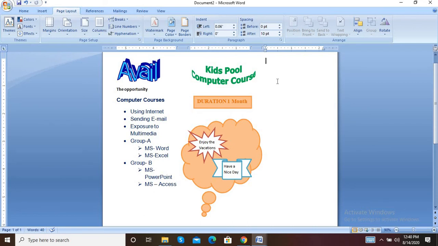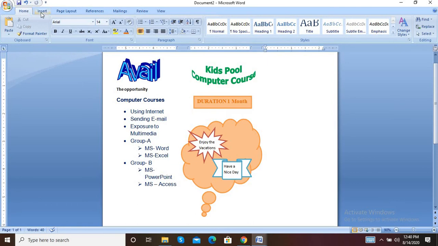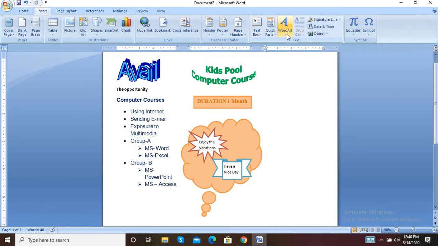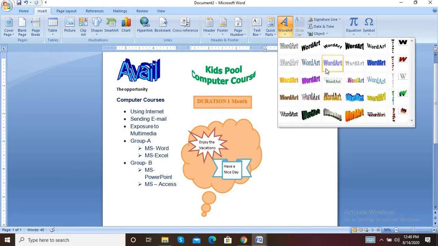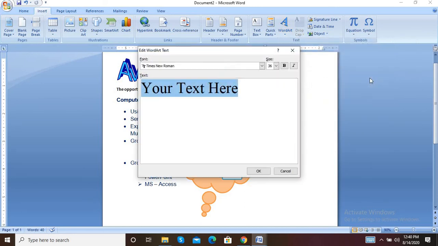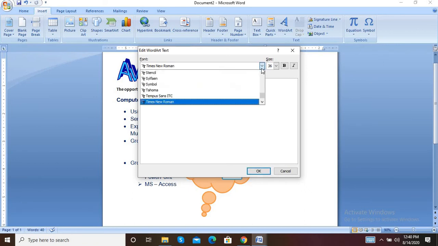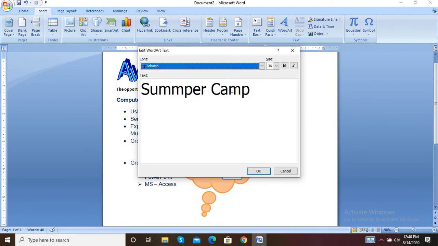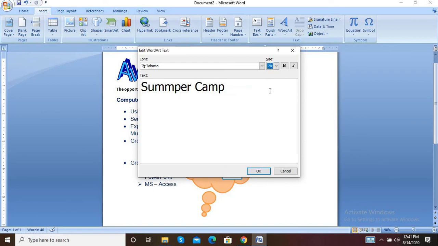Last thing, you have to add a word art. Go to the insert tab, there is the option word art, select a word art. The text is summer camp. Its font should be Tahoma, size 28.